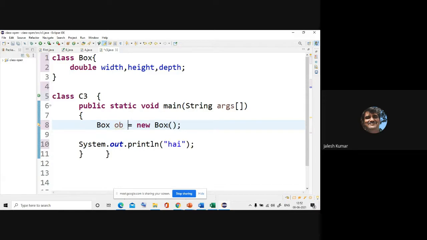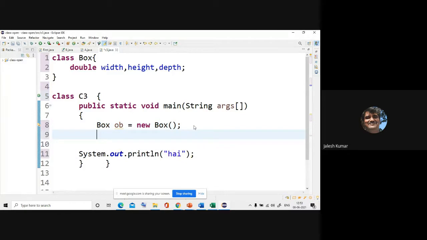See, I'm creating object of type box. Okay, what we did is just we created a template. Now, when you created the object by allocating with the new operator, memory is allocated to our variables, that is for width, height, and depth. Memory is allocated.